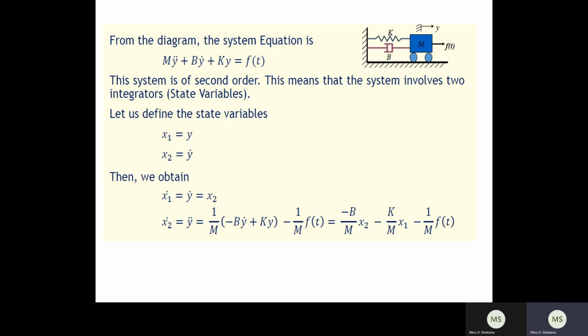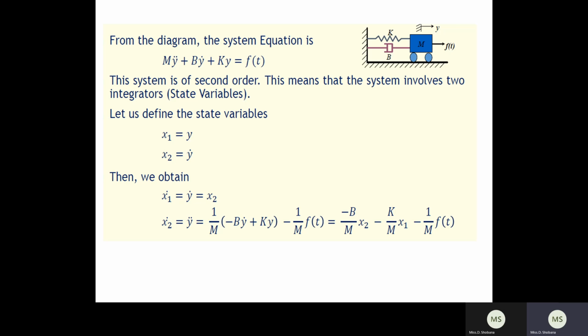Then we can see the state space model can be obtained by different methods. Our state space can be represented in three different methods. The first one is by using a physical model, and the second and third are phase variables and canonical variables. By using these three methods, you can obtain the state model for the system.